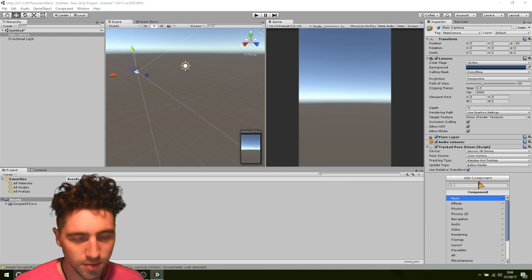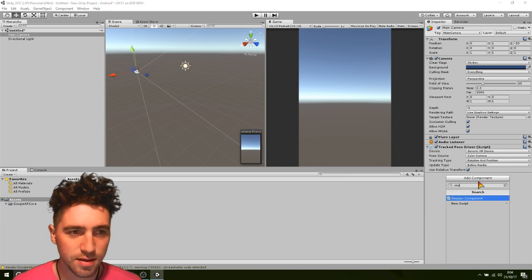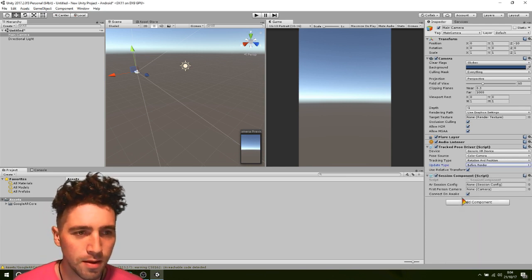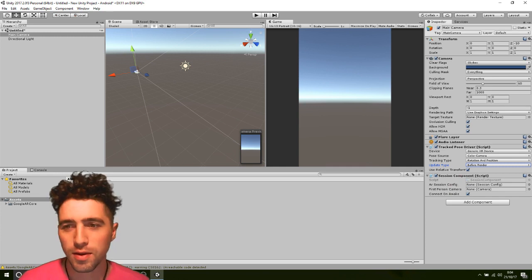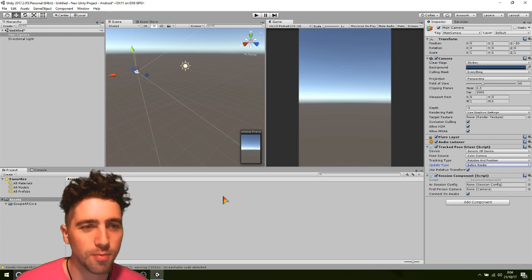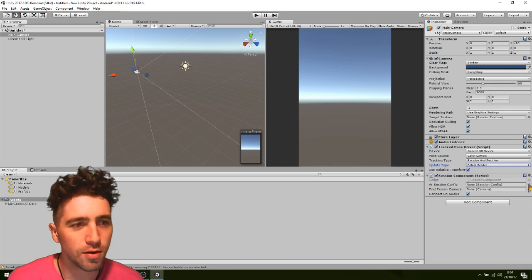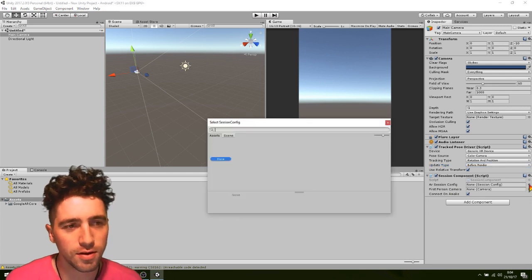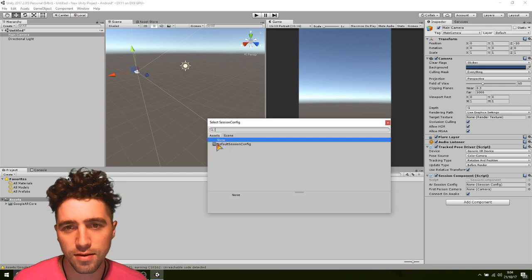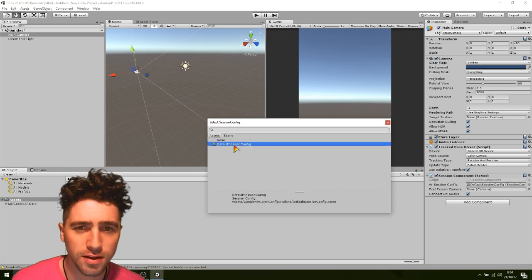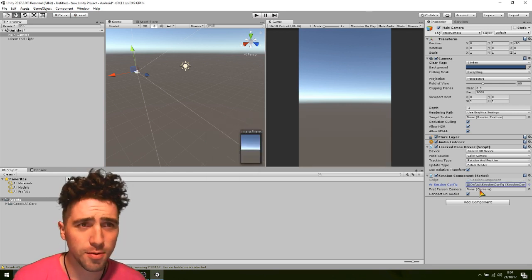Anyway, the next one we just need to add is the session component. That session component won't be there unless you've imported the AR Core package. Okay, and for this AR session config, we're just going to hit this little search button and go into assets, and you should find this default session config here. And first person camera,